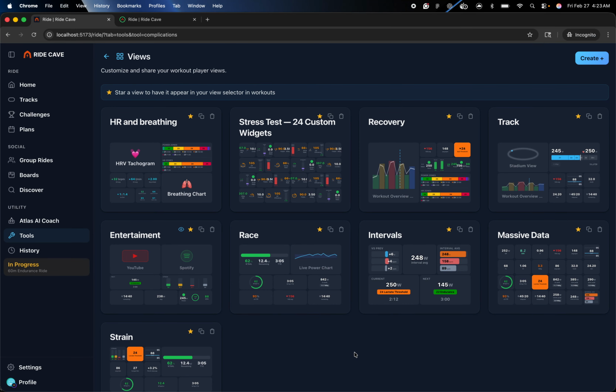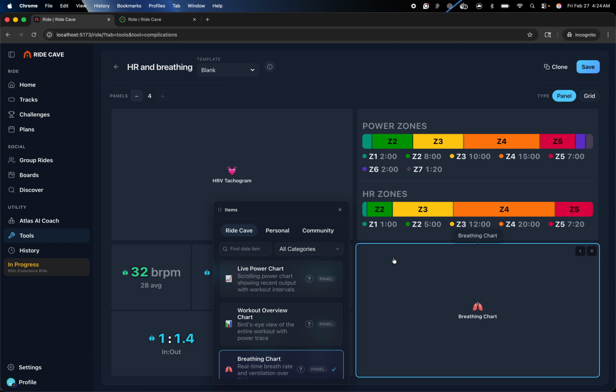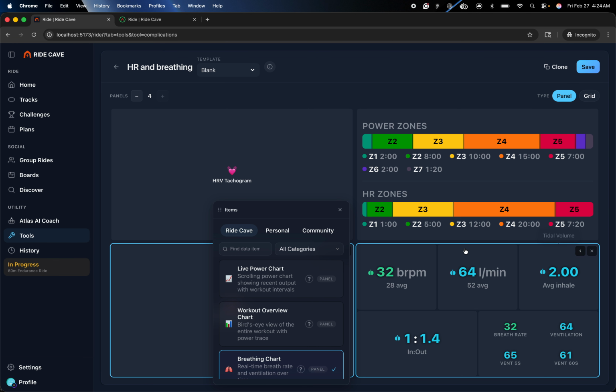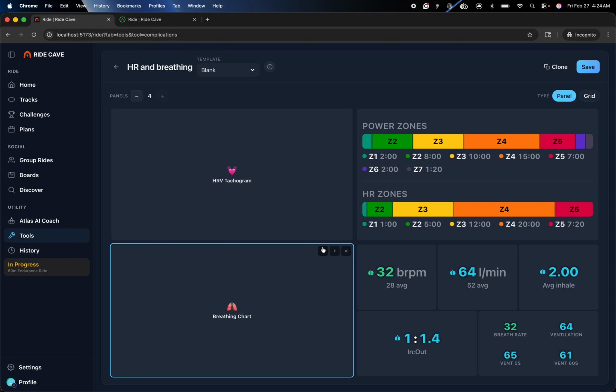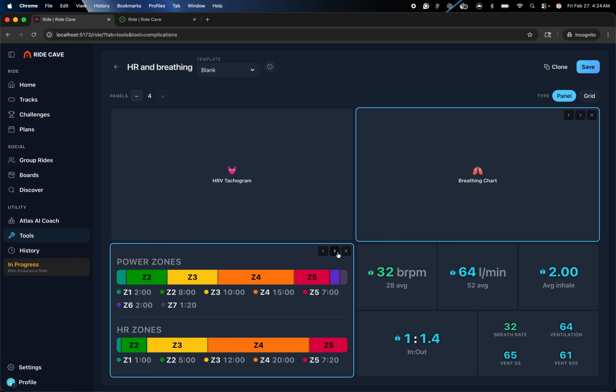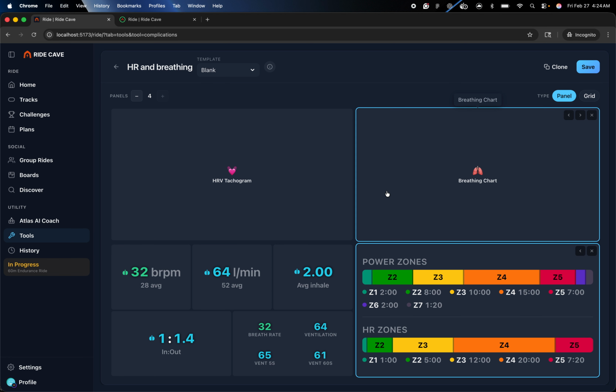All right, so there is a trend towards using breathing data in your workouts. There's some new technology emerging, some existing technology, and some new chest straps for monitoring your breathing. So in Ride Cave, we've added support for this, and you can customize your views to include a few new